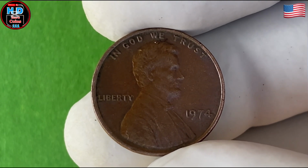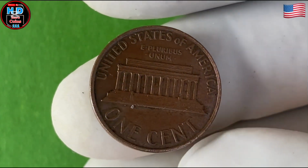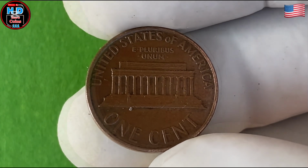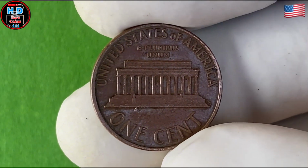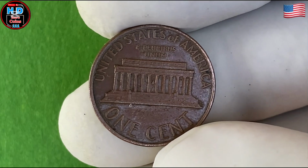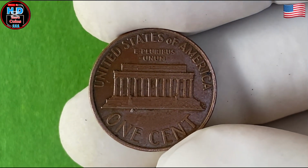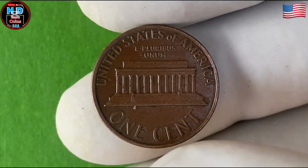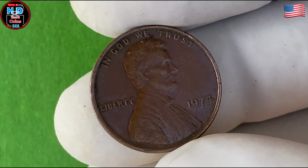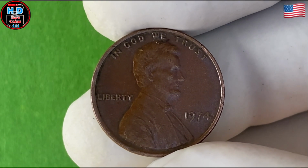However, the most significant value for collectors comes from pennies that have been struck with errors or anomalies during the minting process. One example is the 1974 D penny with a double die obverse. This rare error occurs when the die used to strike the coin has been misaligned during the minting process, causing a doubling effect on the inscriptions and image. The 1974 double die penny is highly sought after by collectors, and in excellent condition, it can command impressive prices